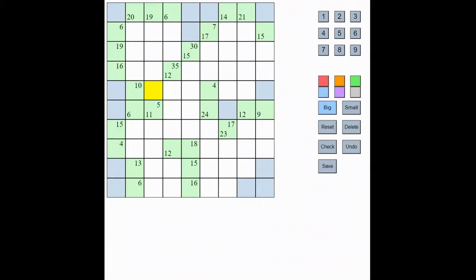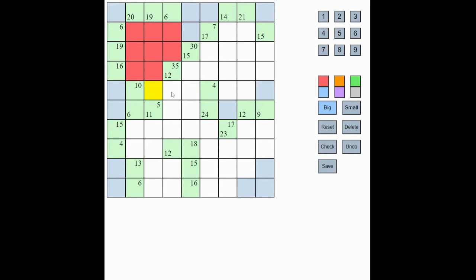So the trick is to look at squares that are shared between both across and down runs. If we look at this across, and this across, and then this down, and this down, we can see that all the squares are shared apart from this one. So I'm just going to highlight those now. We can see that all these squares apart from the blue one are shared between the across and the down ones. And since we know the totals of each of these, 6 plus 19 plus 16, 20 plus 19 plus 6,